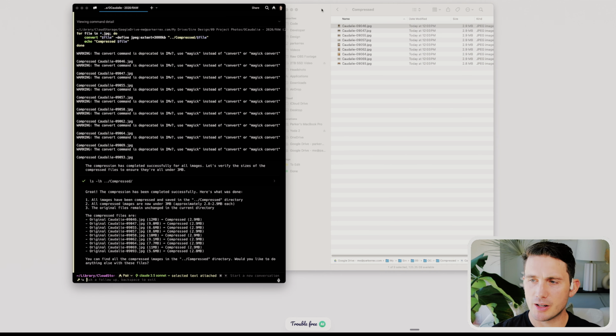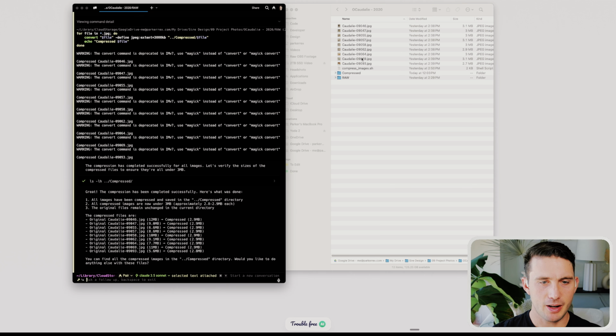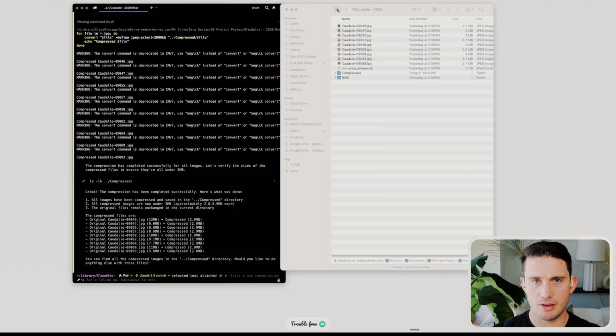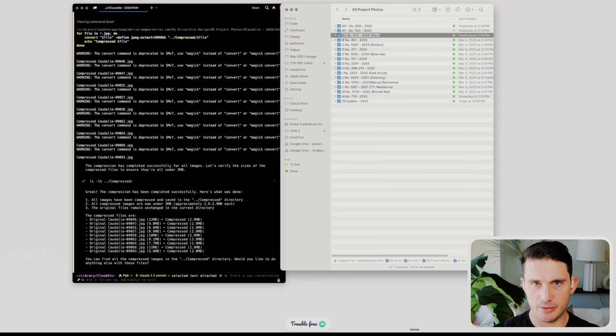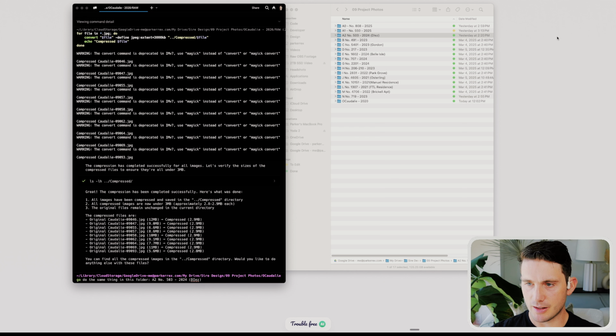So if you wanted to do this with a different folder, what you could do is you just say, okay, can you go to the name of this folder? So I would grab the folder name, copy it, and say, go do the same thing in this folder. And you don't even have to tell where it is, because it can just search where it is and find it. So that's how you do it. It's really, really simple, and it should save you a lot of time. Once you do this one time,